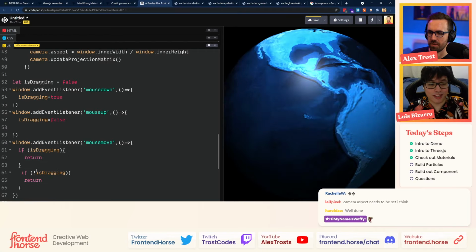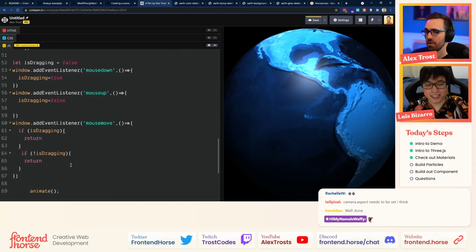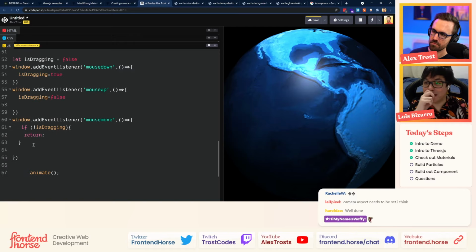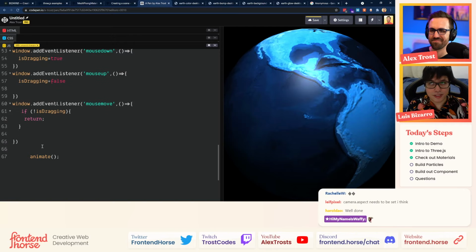So do I do an if, else? We just want the bottom one. Okay, delete the top one. Got it. So we're escaping this if it's not dragging, and then we're going to do our stuff. Cool, exactly. So now there is one technique that is lerping through different values, and this is going to